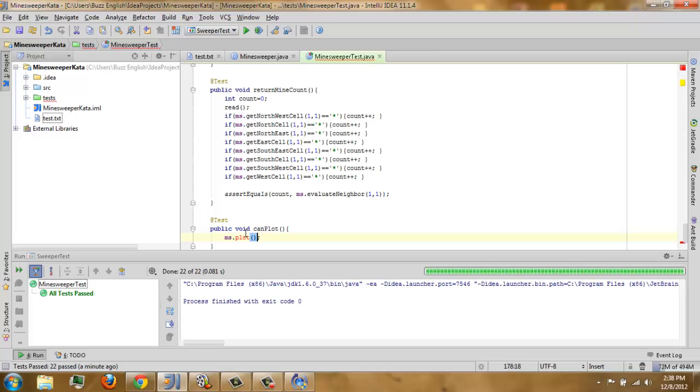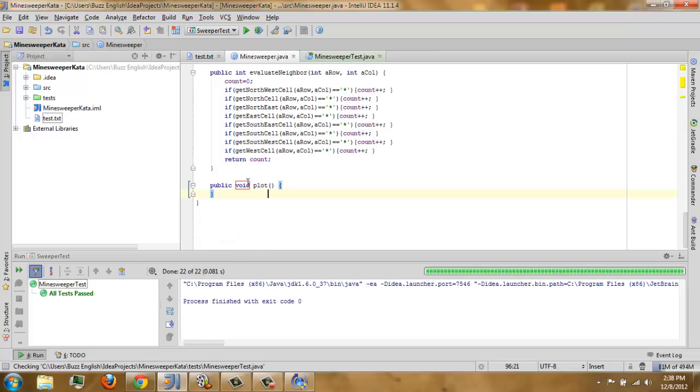There is none. We want our plot to return our final grid. What is that final grid all about? It contains the mines and the number of mines that surround a specific cell. That's true.